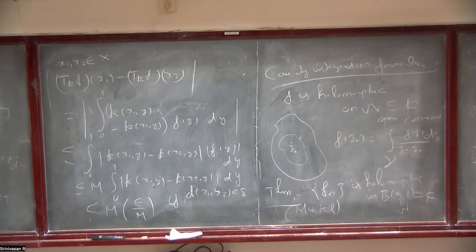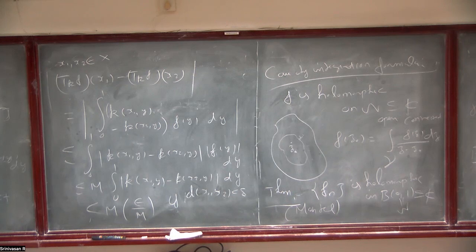Mod of z1 minus z2 is a number, M is a number, so you can convert this to polar coordinates. This circle is determined by theta, with theta between 0 and 2 pi. So this integral will be